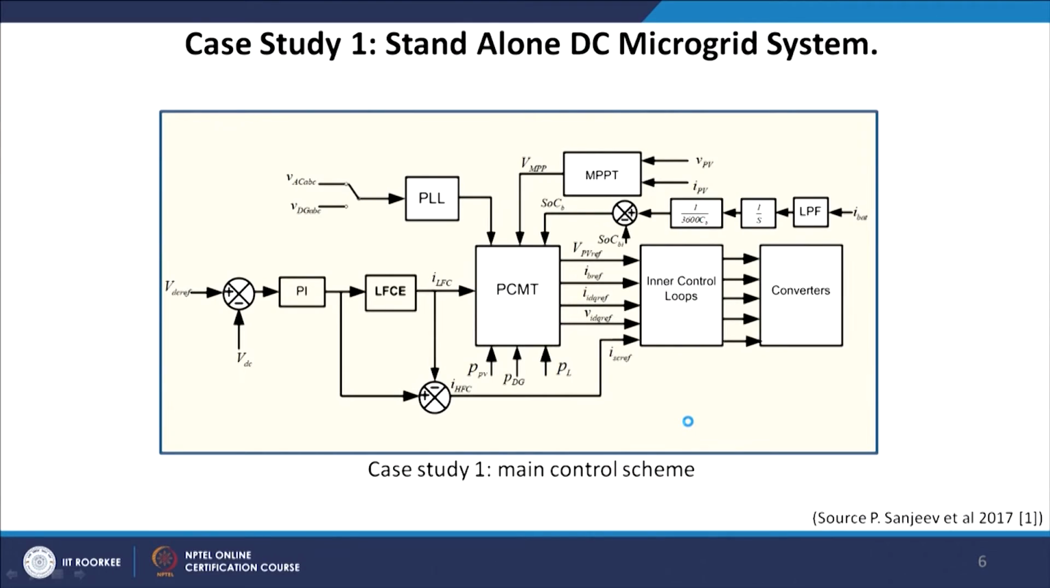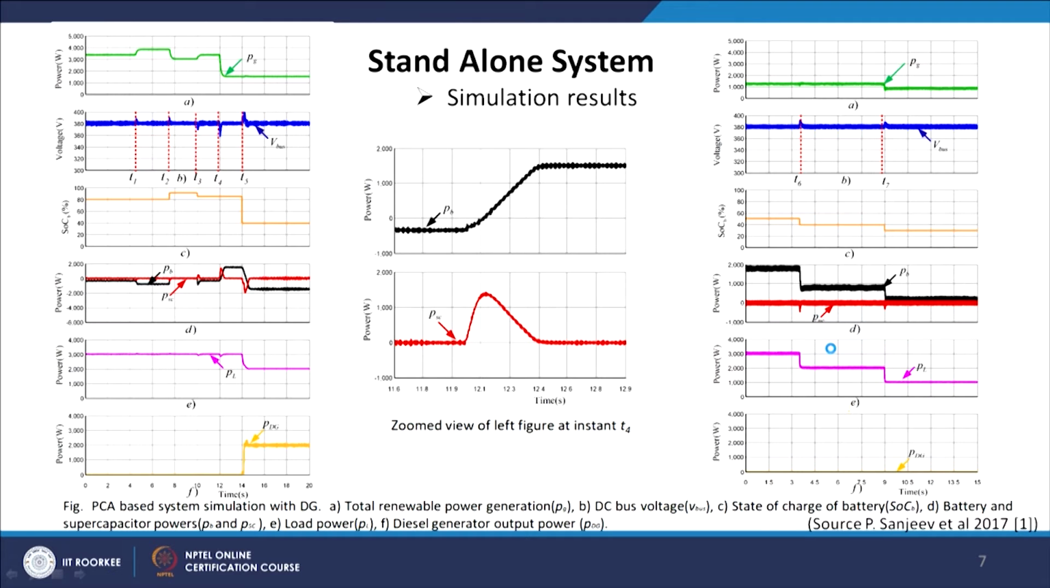Now, this is the standalone DC microgrid system, where the main control system being adopted is at MPPT operation, and this basic structure represents the control algorithm, the control scheme, for the standalone DC microgrid. Now, in the case of a standalone system, let us focus on a very interesting simulation where the first characteristic represents your renewable power generation and the second one represents your DC bus voltage,